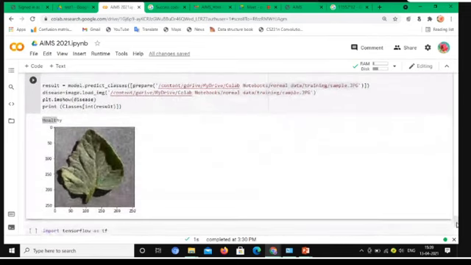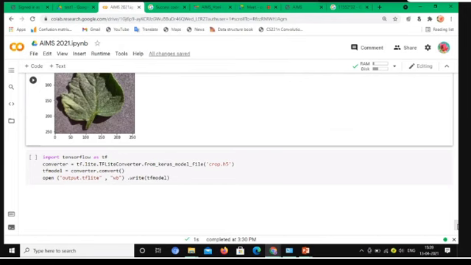Once a model is trained and tested, it can be implemented in a mobile app. If we create a mobile app, we have to convert the model into TF Lite, that is TensorFlow Lite. Based on TensorFlow Lite we develop our model into a mobile app.